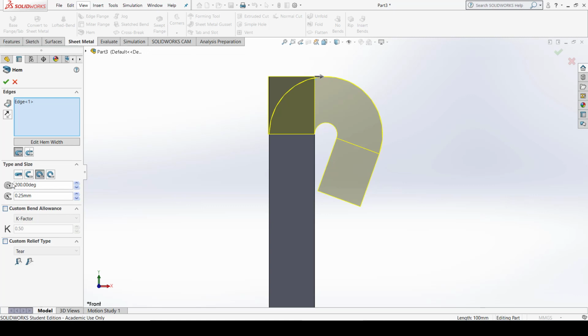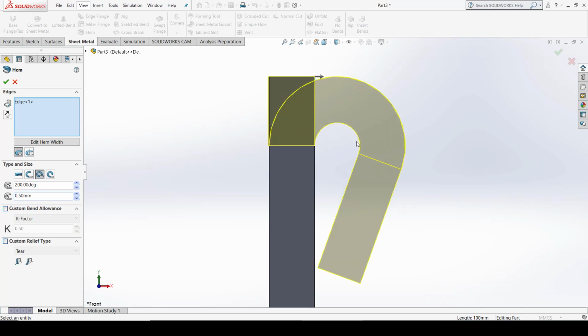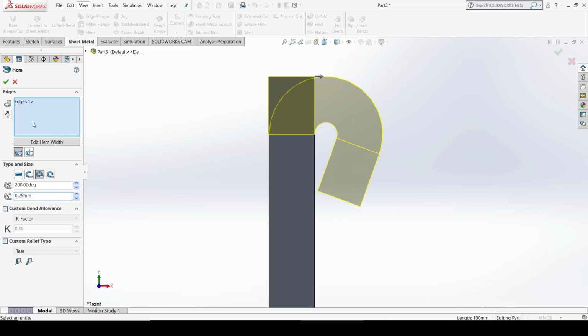Now in this teardrop shape you have your angle and you have your radius. So the angle can vary, it can be 150, it can be 200. Now please enter the amount. As per the requirements, it will depend upon the bend radius and the thickness of the sheet, so it will vary from 180 to 270 degree. Okay, so let's say it should be 250 degree. You can see the variation will occur, or it should be 200, so you just select the 200. You can change the radius also, 0.25, let us say it should be 0.5. So it will depend upon the requirements as per the design. It is 0.25 by default.